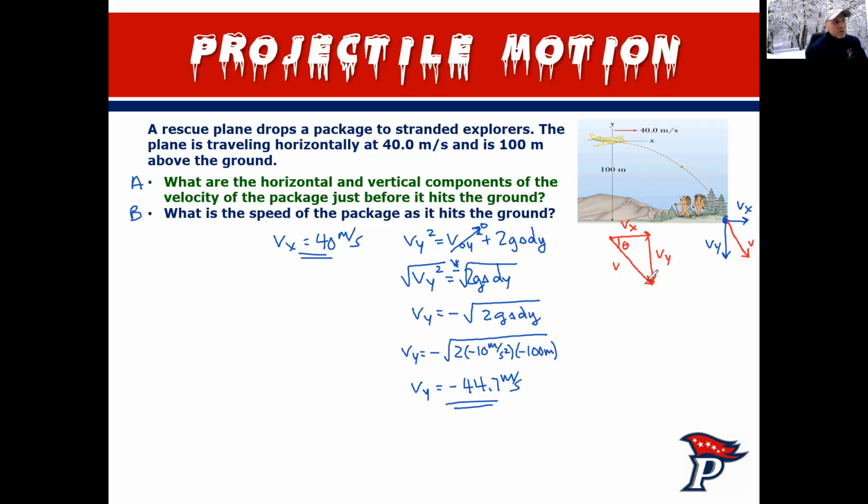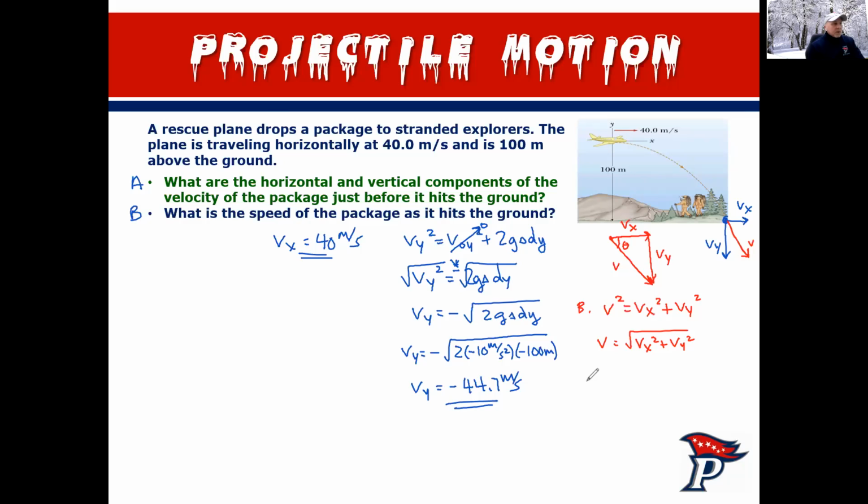The reason I do that is because later when we do things, we want the X component adjacent to the angle, so it's always cosine, and Y is opposite the angle, so it's always sine. So it helps if you're not great at trig or you get confused with trig, it takes out some of the guesswork, so to speak. And so for part B, we need to use Pythagorean's theorem, right? And we want V, so we're just going to take the square root of both sides,